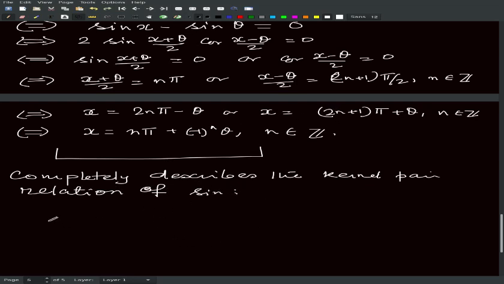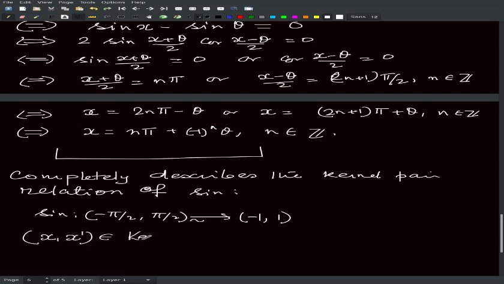We know that sine from minus pi by 2 to pi by 2 is a bijection. So x prime belongs to the kernel pair of sine if and only if